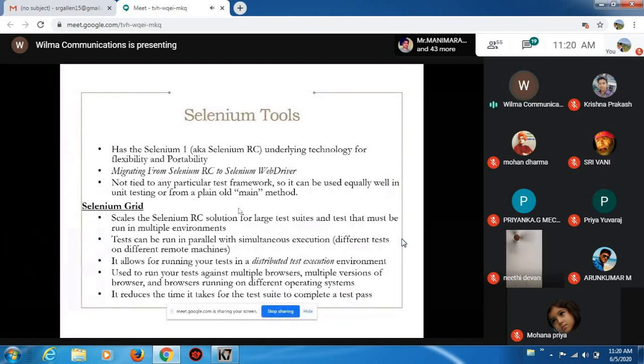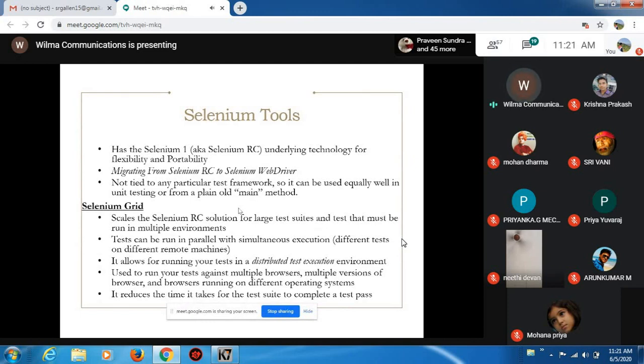But if you ask to execute all these different browsers simultaneously, in parallel, I can go for the method called Selenium Grid. At the same time, if I want to execute on different environments located in different situations, like a remote environment, in that case I will go for Selenium Grid.